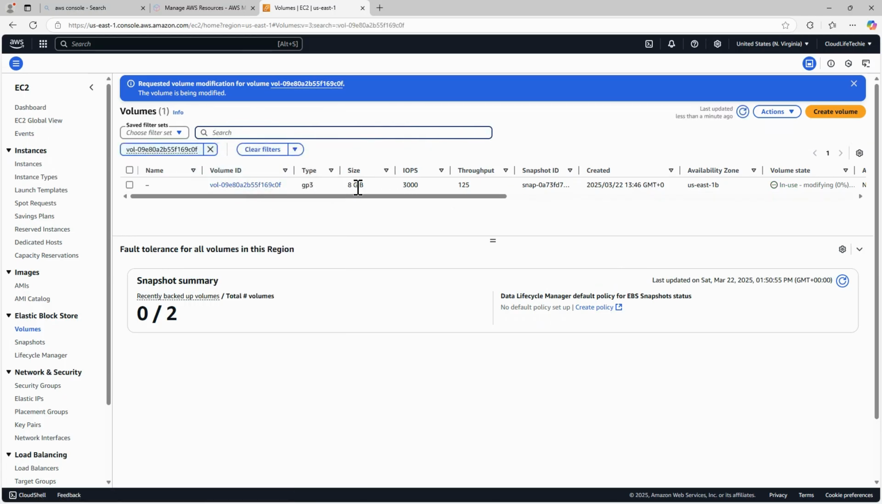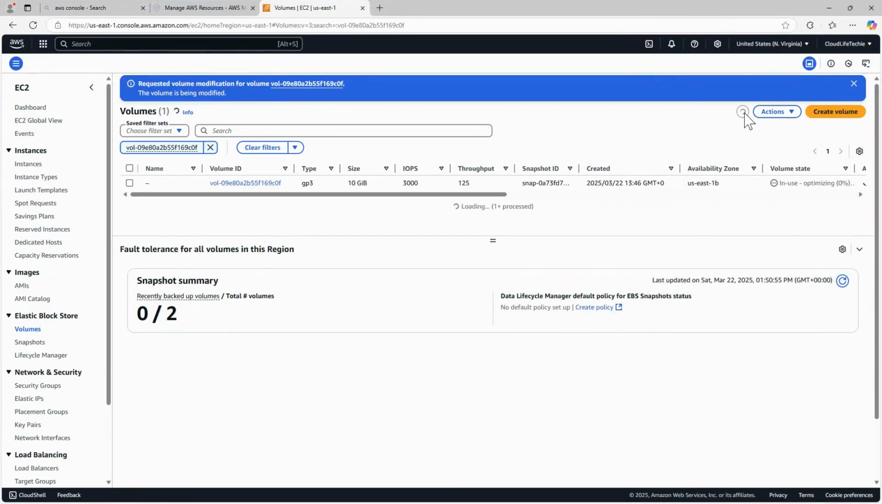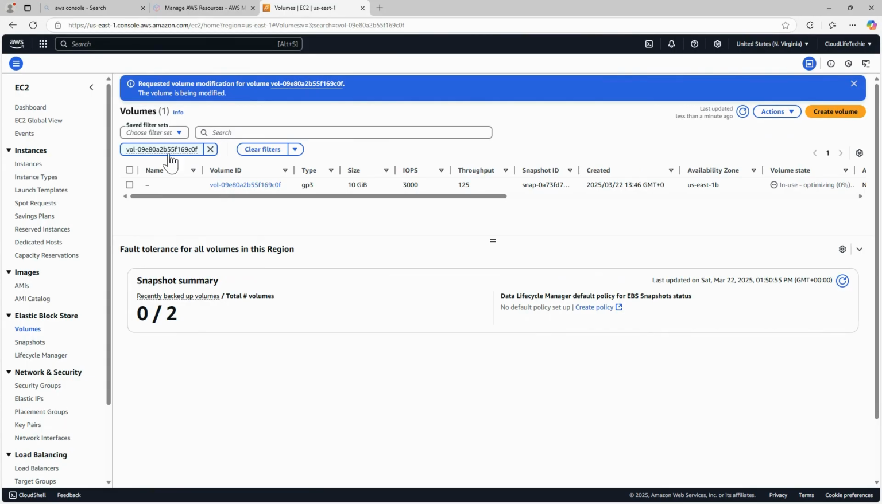You see this one, 8 GB, and it is modifying. If you select it, it is optimizing to 10 GB. If you see here, now my 8 GB volume turns to 10 GB. Okay, once the optimization is done, what we have to do is go